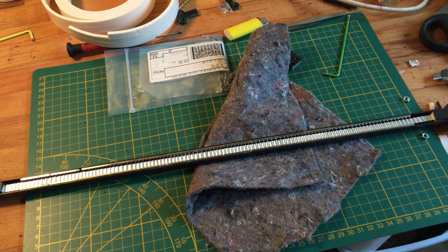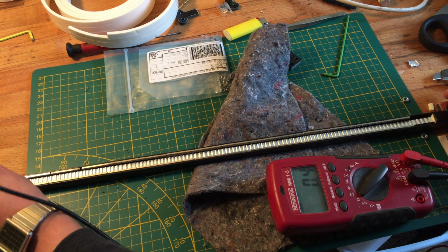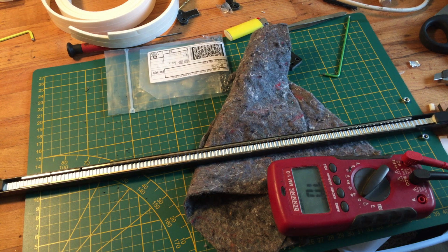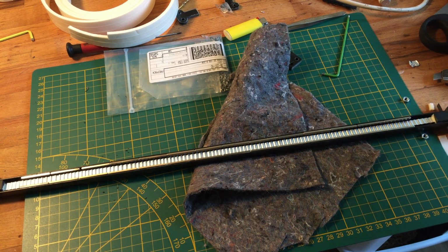let's see what kind of 0 point something ohm resistance we get. 0.4, 0.5. It's perfectly fine for an amplifier. Not really, of course, but...